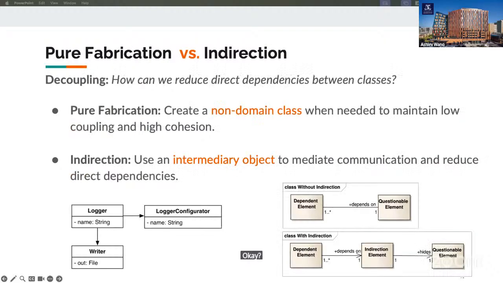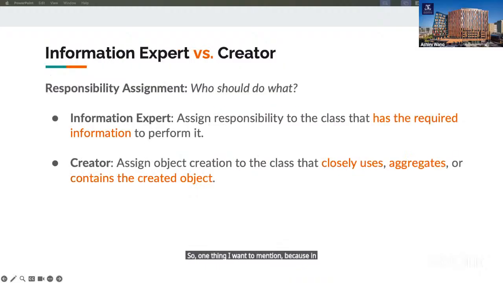Okay, and then the next thing I want to talk about is pure fabrication and indirection. One thing I want to mention, because in the project we've been seeing students say that they create another class, and that class takes the responsibility because it holds all the required information.